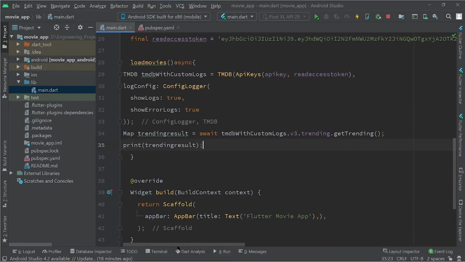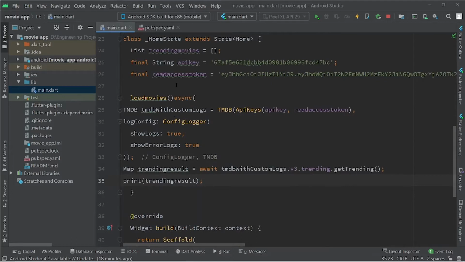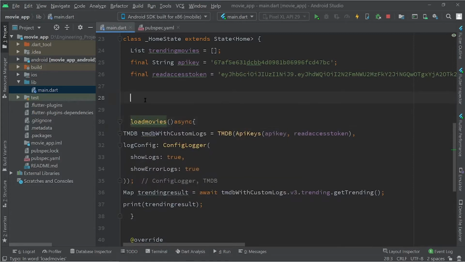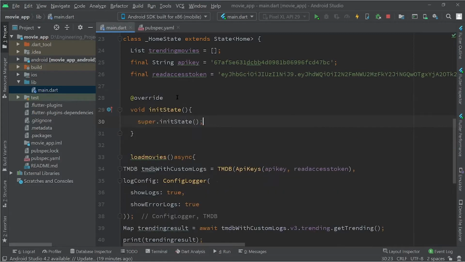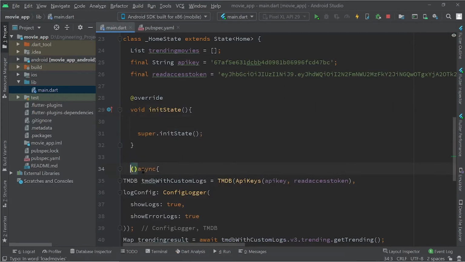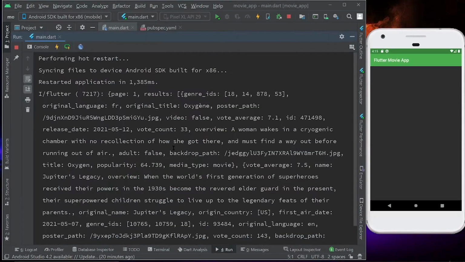So I hope you are able to see what I have done till now. So anytime my app will open, first of all I want to run this load movies function. So for that thing, to achieve that, I can call init state. So here I've created an init state function, and inside it I want to call this load movies function, right? So let's call it. So whenever my app will start running, first of all this load movies function will run, right? So now let's try to rerun the app. So in the console, when I had run the app, in the console, I'm getting a map.